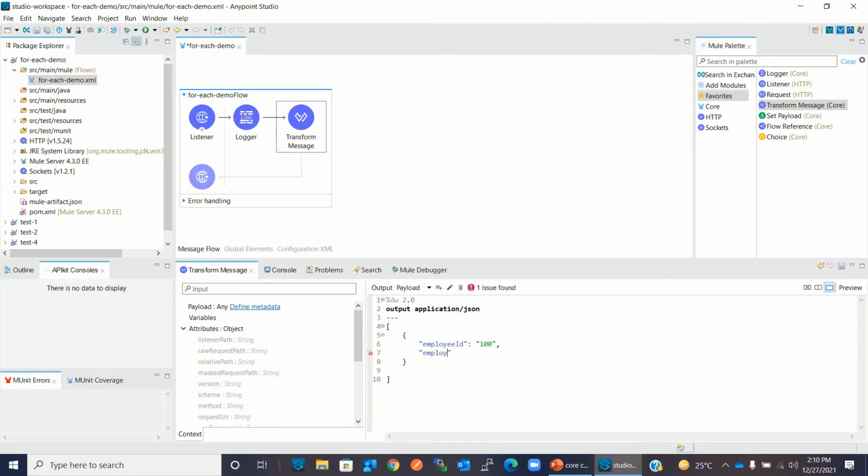Another field I will add is employee name, David, and I will say he belongs to department IT.